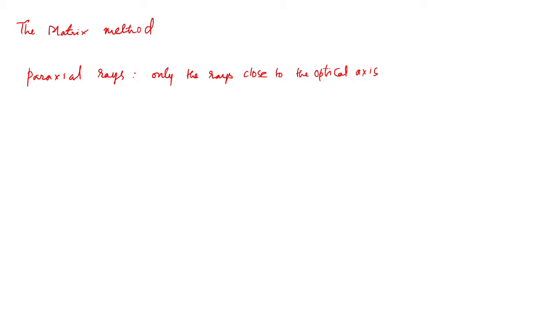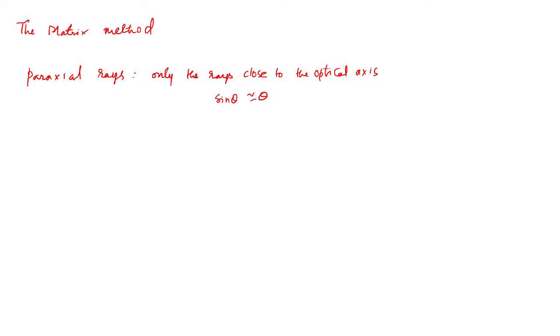In other words, if you have some lens in the path of light, any ray of light that is incident on the lens is only making a small angle, an angle for which the approximation sine theta is almost equal to theta is valid. So we are still going to stick to this paraxial approximation, and now instead of tracing the rays, we'll develop